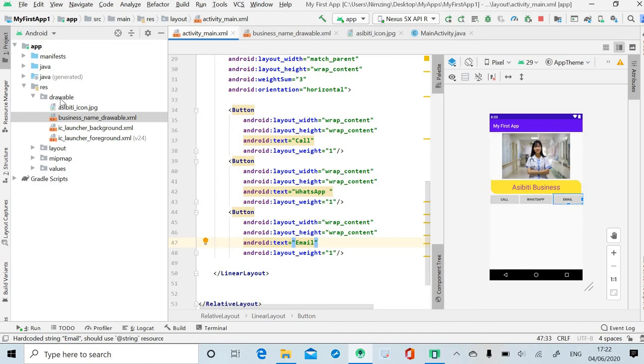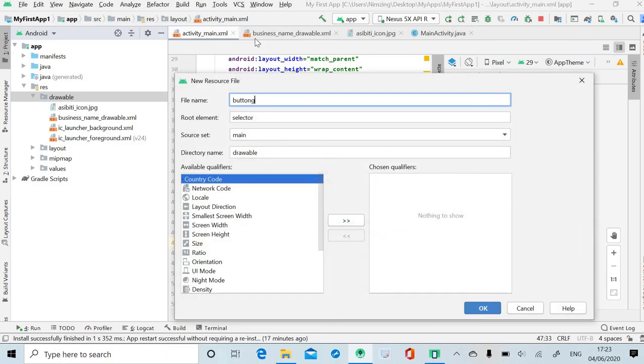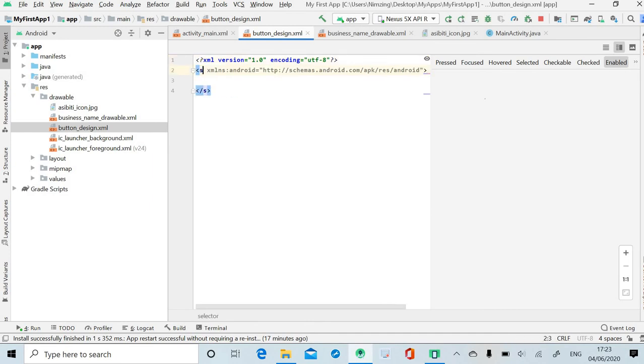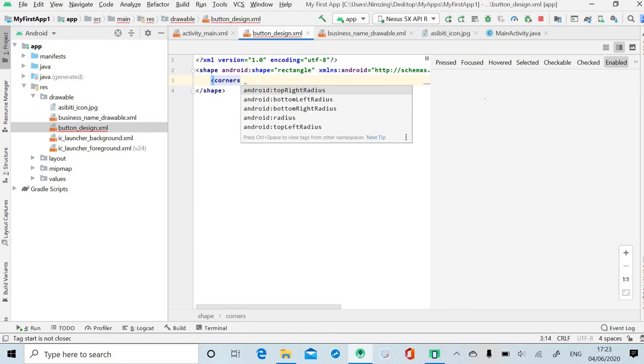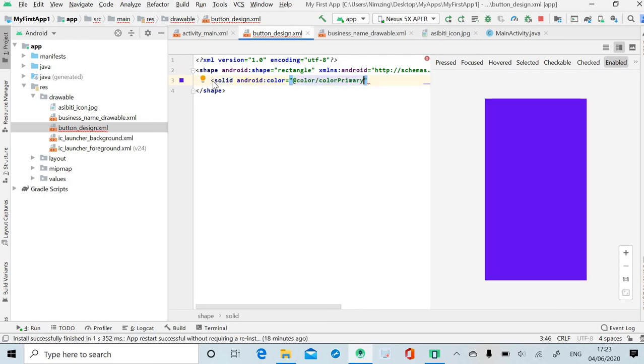And so you come to drawable again and design button drawable, rather call it button design, and we will again remember what we did, call it shape rectangle, and then put solid colors. Let's put primary, and then